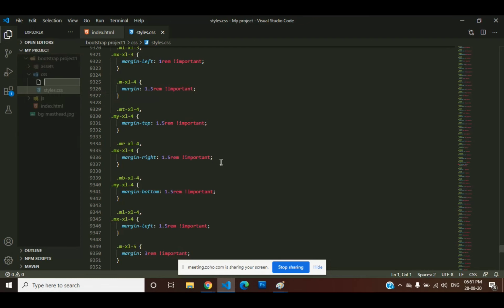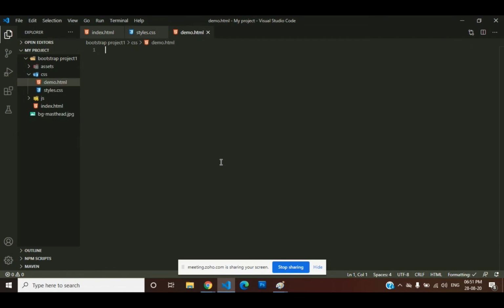Already I told you, when you take HTML, you must use the extension .html. Here I will take demo.html as a demo. I hope you understood this.